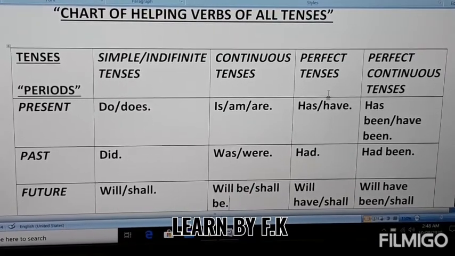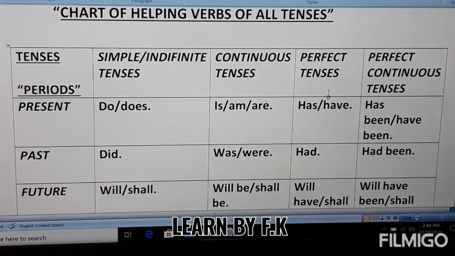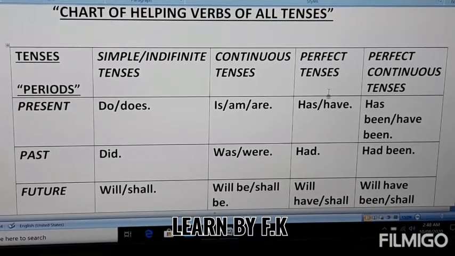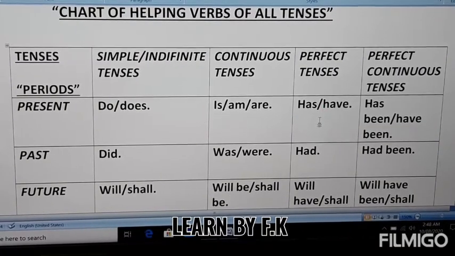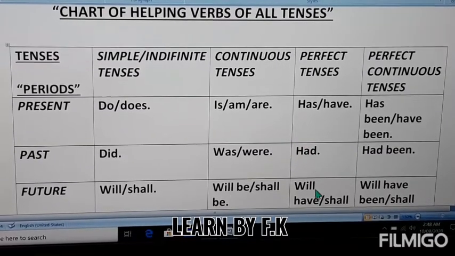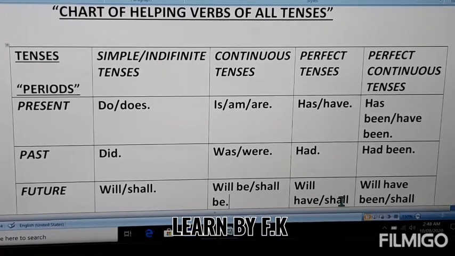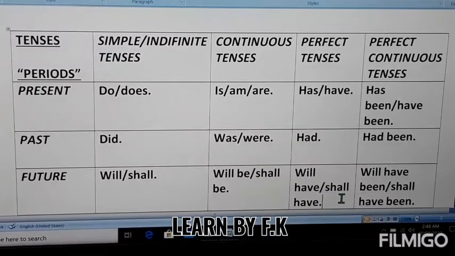Now the fourth column is about the perfect tenses. For the present perfect tense we use has or have, and for the past perfect tense we use had, and for the future perfect tense we use will have or shall have. You can see here have also. Now for the fifth column,